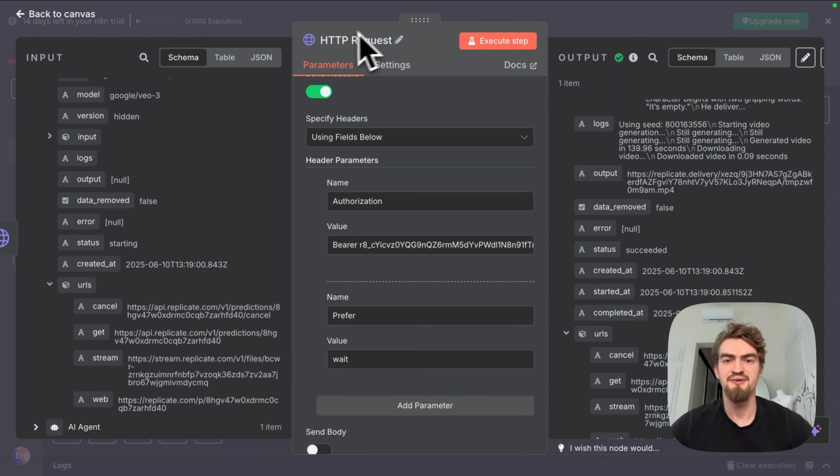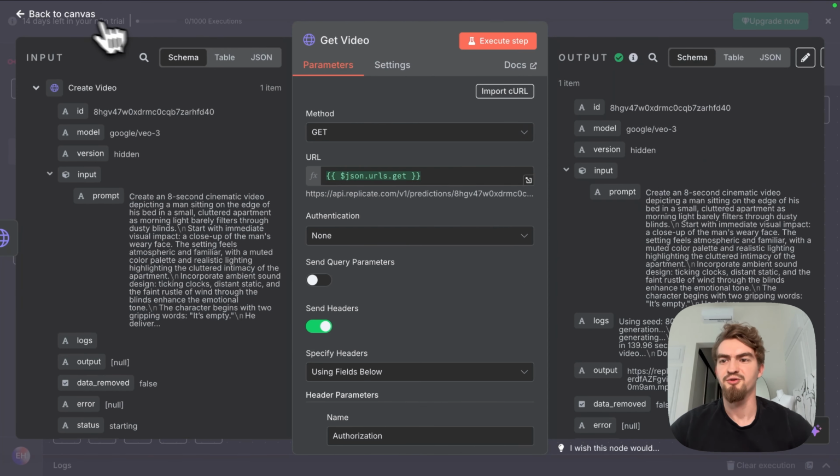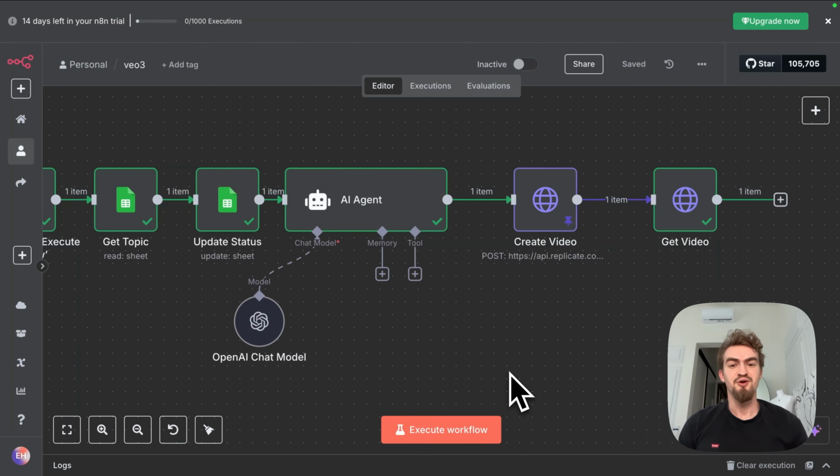Last thing is, let's rename this node and go back to Canvas. We could now continue this way. I think you get the idea. But let me show you also another way how we can do it. And here the real power of N8N comes in. Let's remove this node that we just added